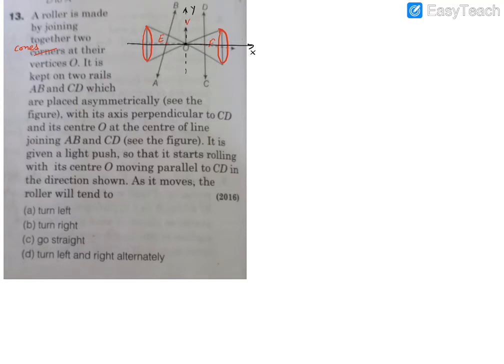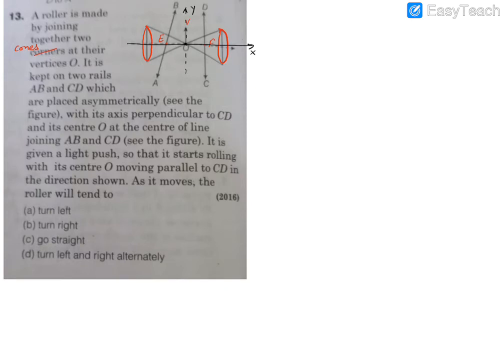That's an important point. Now what is going to happen, there's going to be an mg force acting at this point. So mg is going to be parallel to the z-axis. So mg will not provide the torque we are interested in. Moreover, it's rolling, so there will not be any friction acting, because for rolling friction is not required. So another torque will not be there because of friction.